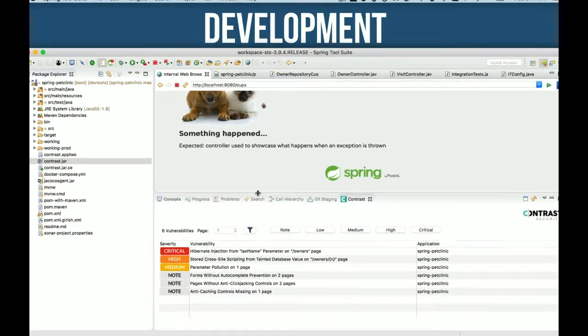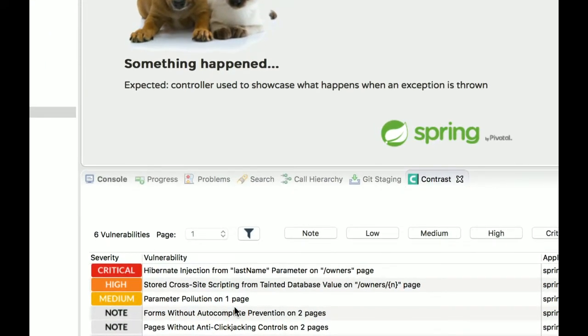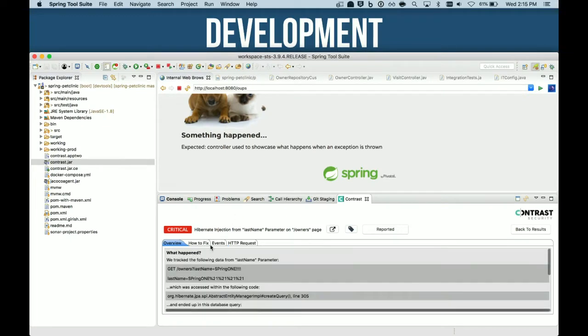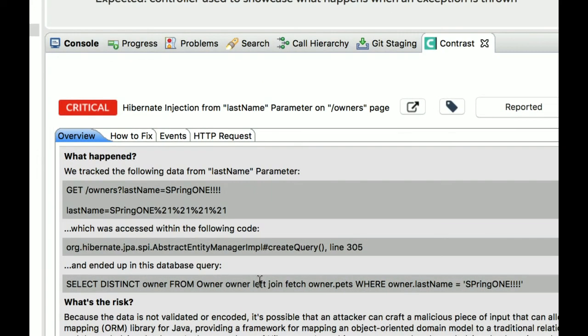And I'll zoom in so you can see the list of them a little bit down here. But some of these are actually pretty tricky vulnerabilities, like Hibernate injection and stored cross-site scripting, parameter pollution, and things like that. So when I drill into one of these, like I'll look at the Hibernate injection flaw, and what we'll see is we get an overview of this vulnerability with all the details. So here you can see a little bit of the HTTP request that I entered. You can see I typed in Spring 1, that's right here. You can see that was accessed in this method, on this line of code here, and actually ended up in